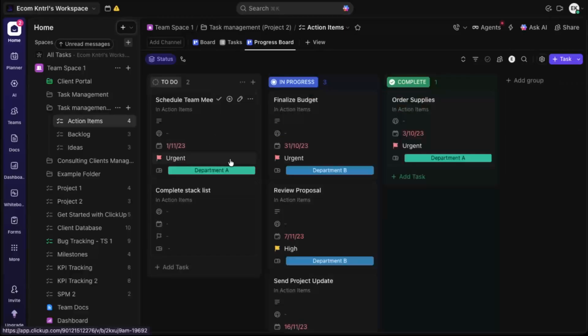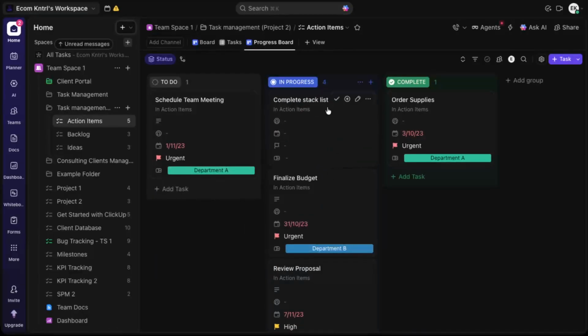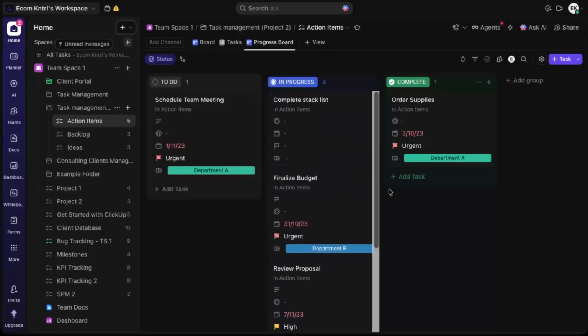This usually shows your tasks organized in columns like To Do, In Progress, and Done. As your work moves forward, you can click on any task card and drag it into another column. For example, from To Do into In Progress to reflect its current status. And that's it. You've set up task management in ClickUp, added tasks, and learned how to